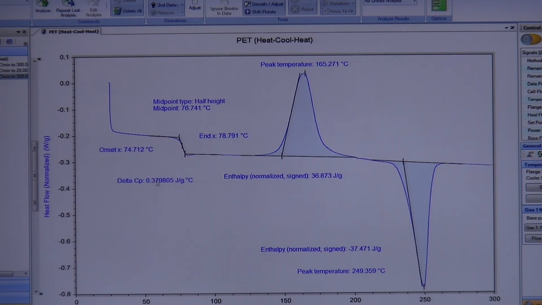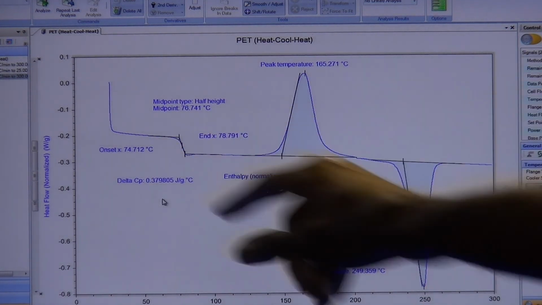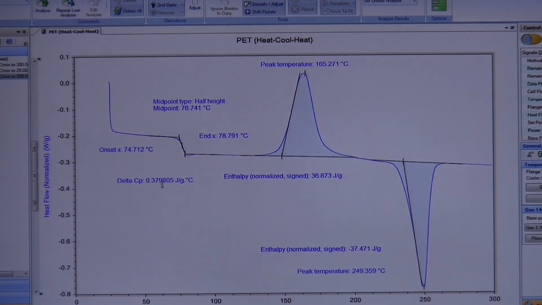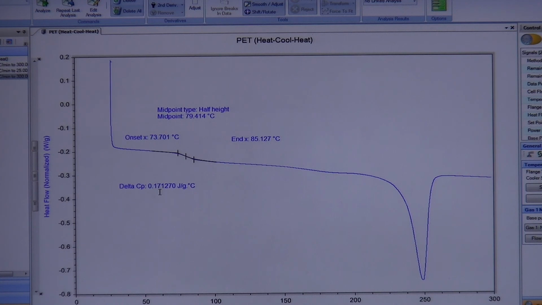Right. The delta CP, so that's how big this step is. You can see it turned from basically 0.38 to 0.17. So just about half, if not a bit more, right? So it's definitely completely converted how this glass transition looked by the fact that it crystallized during the cooling step, right? The one part I would mention here for your melting is that if I were to just give this a